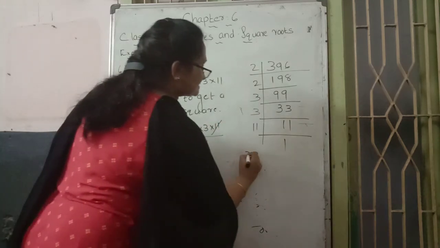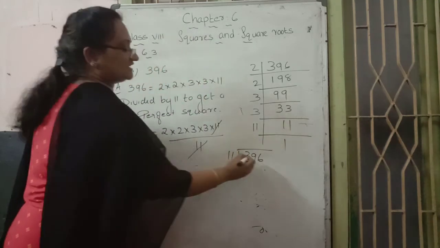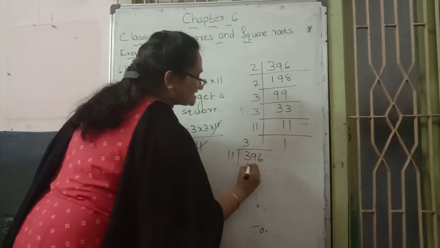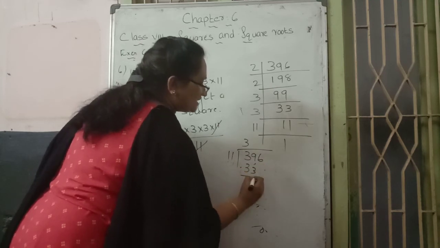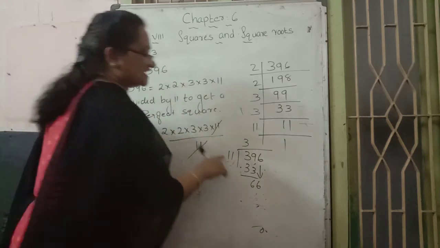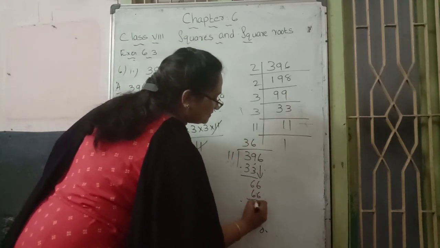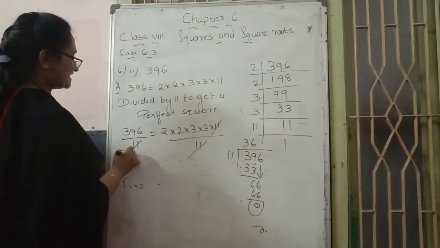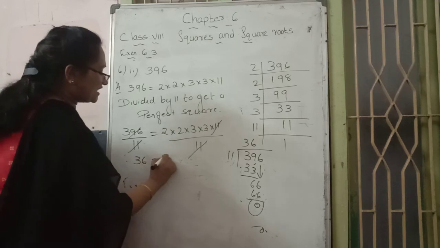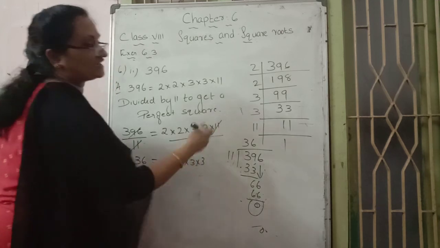Here 396 divided with 11. 11 table 39, first 2 places, 3 times 33, 11 3s are 33. 39 minus 33 becomes 6. Next place number, bring down 6, 66. 11 table 66, 6 times. So answer, subtraction doing that. So what is the answer here? Cancelling, we get 36. Then factors are 2 into 2 into 3 into 3. Only 11 and 11 cancel.